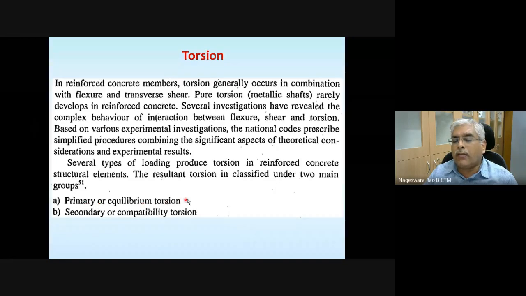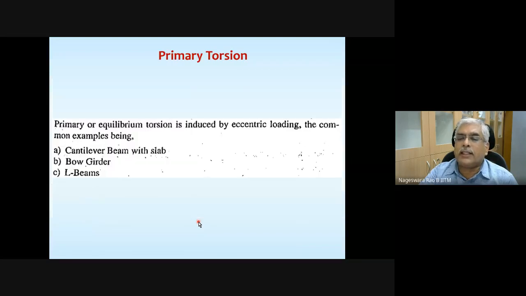One is equilibrium torsion, also called primary torsion, or compatibility torsion, also called secondary torsion. Okay. So what is this equilibrium torsion or primary torsion? Let's see a few examples.